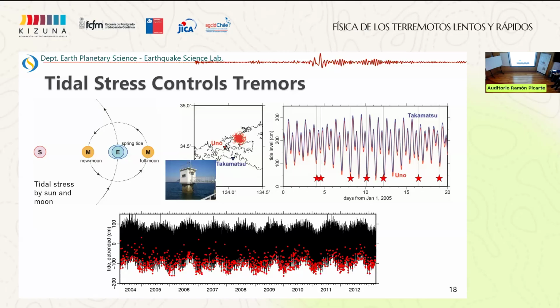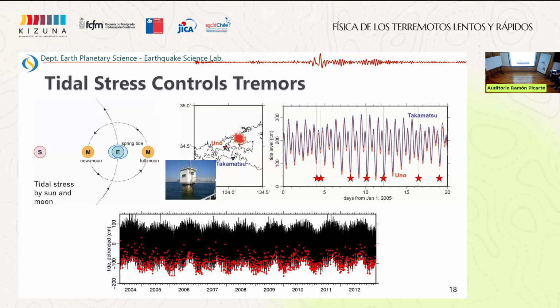If we continue this kind of observation for about 10 years, we observe tremor at the timing of low tide. Almost all tremor occurs just during low tide. There is no model for this. This is totally observation: just observation of the timing of tremor and observation of the tidal level.